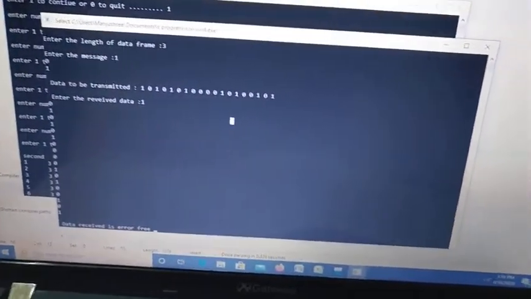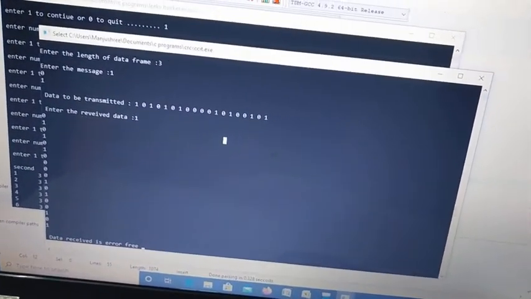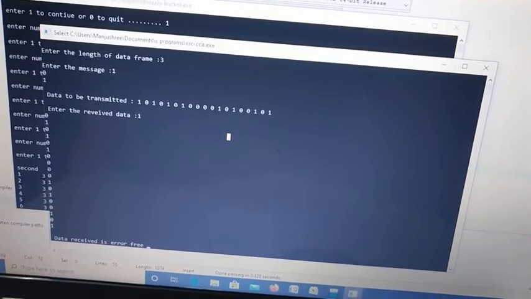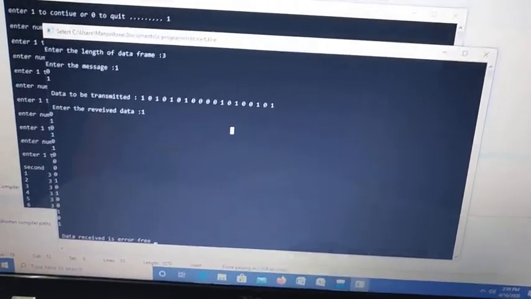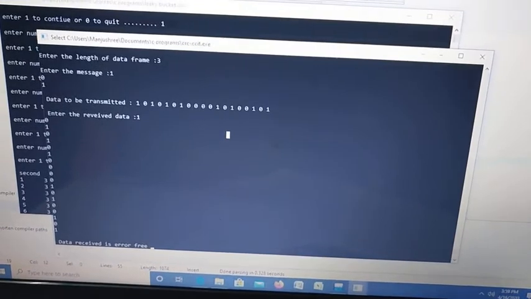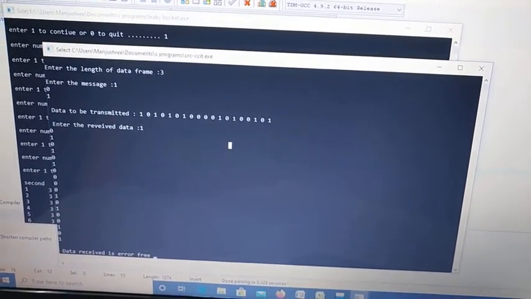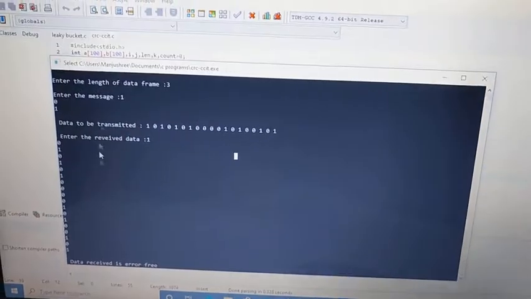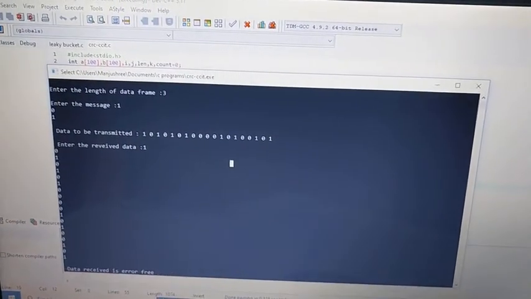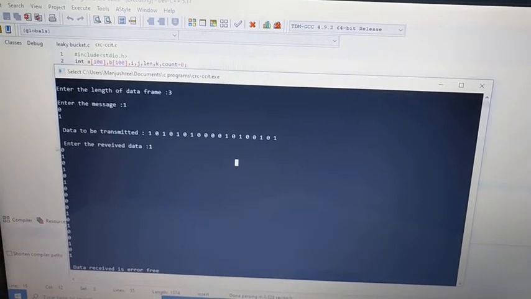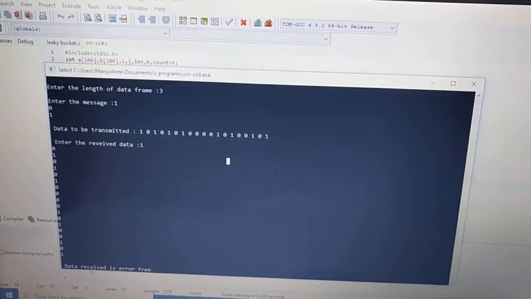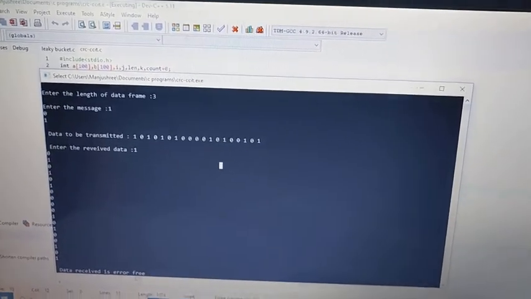But in our program, what we have designed is a computer as the transmitter and ourselves as the receiver. So if we type a correct value, then it says that the data is error free. If you type one bit wrong, then it is going to show that it has an error.